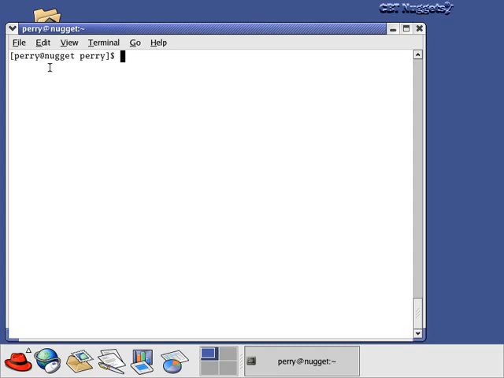So we're going to assume that this machine, Nugget, is the machine that I'm going to copy all the data from the CDs onto, and this machine will be the server for that installation, the way we just drew it up on the whiteboard. The first thing I'm going to do here is become the root user, because I'm going to do some things that only the root user can do. And the first thing I'm going to do is mount the CD